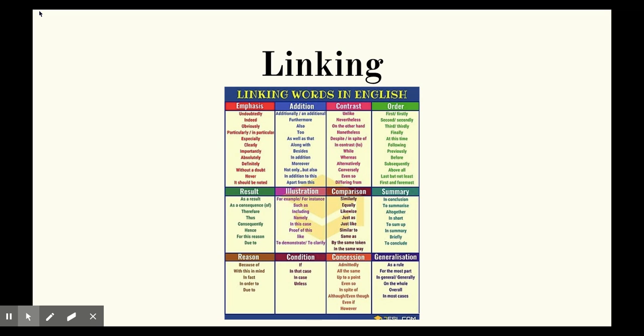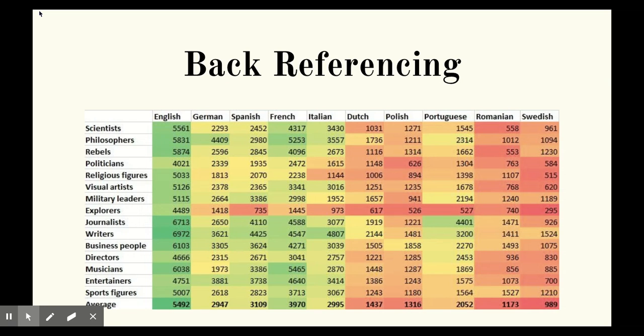Try to fill in the blanks with your common sense and knowledge. So it is important for you to have a rich and varied repertoire of linking words and phrases in your mother tongue to express a variety of functions. Back referencing. When crafting the target text, it is important to link its parts so that it moves on in